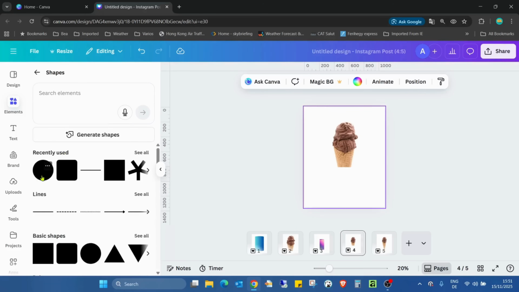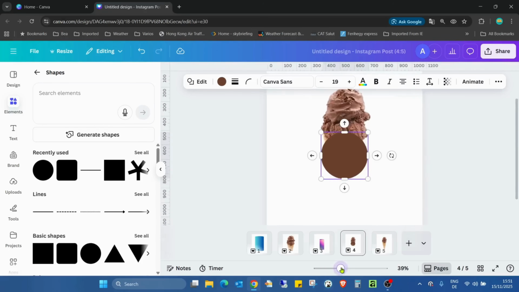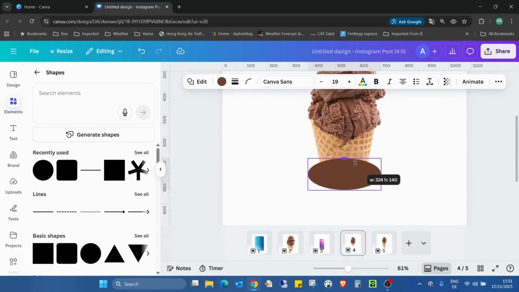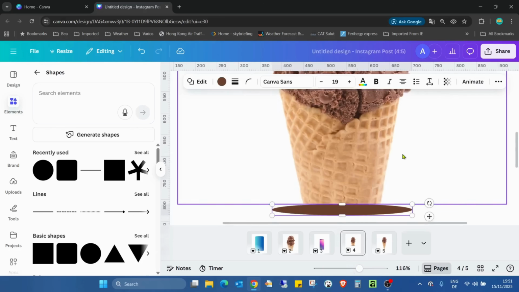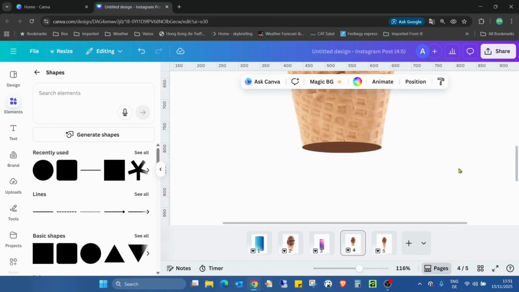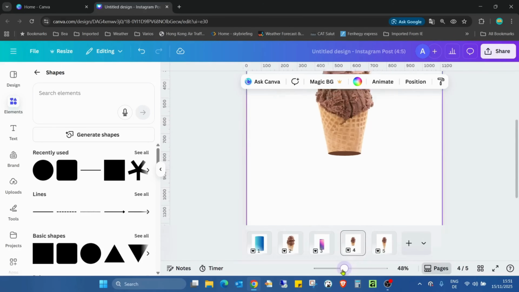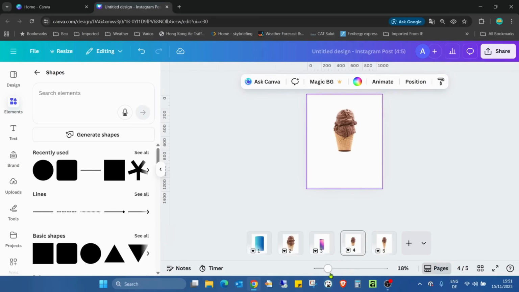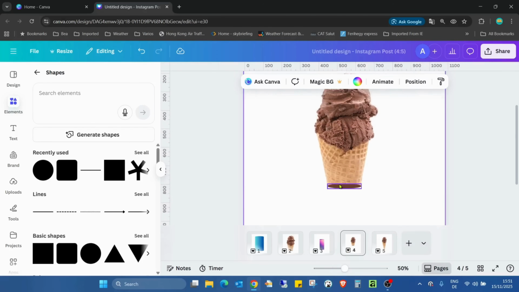I need a circle again. Zooming a bit, reducing the size, zooming a bit more, and attach one side of the circle to the cone. Other side also, it's already kind of brownish,